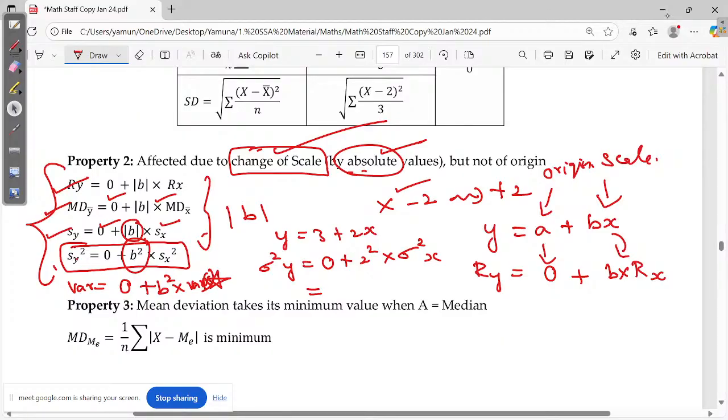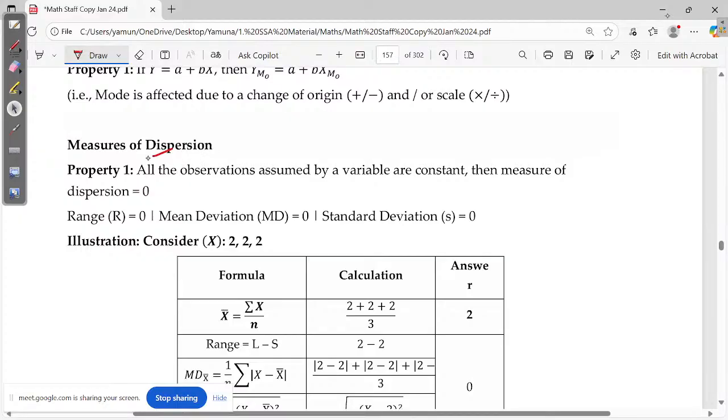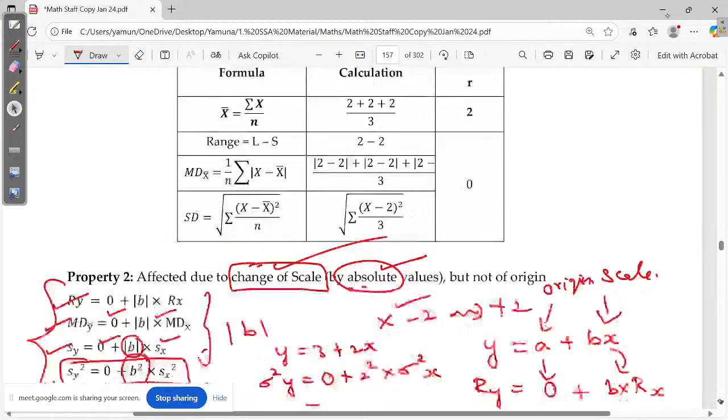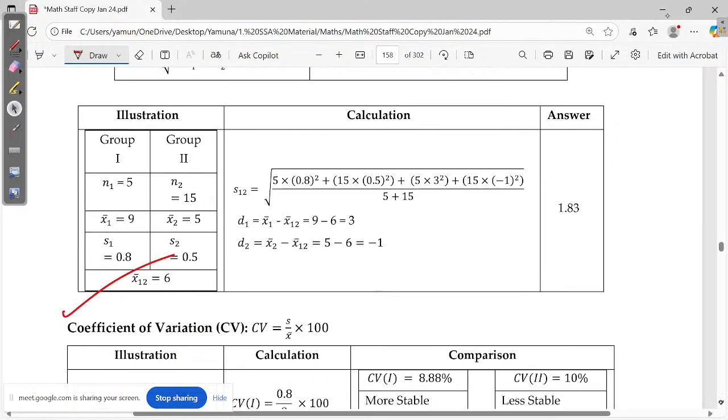This is an often repeated question. That's why I went in a relaxed manner. The remaining properties I'll discuss in the next class. So I have measures of dispersion property 1 done, and the remaining properties, Property 3, 4 and this discussion, will probably take another half an hour. I don't want to drag